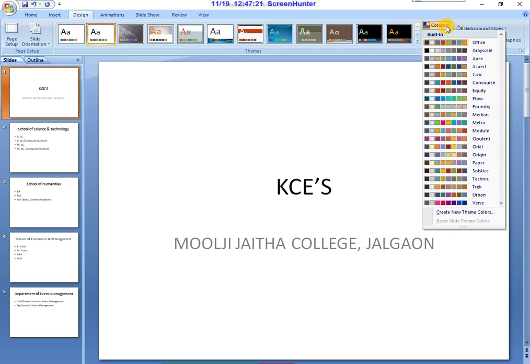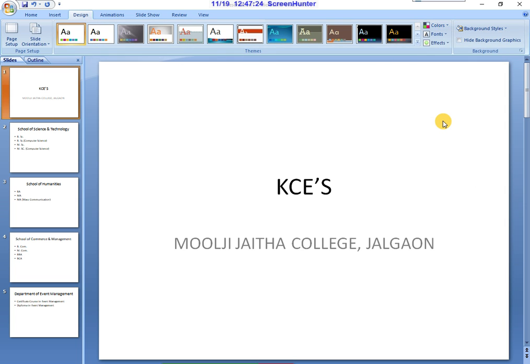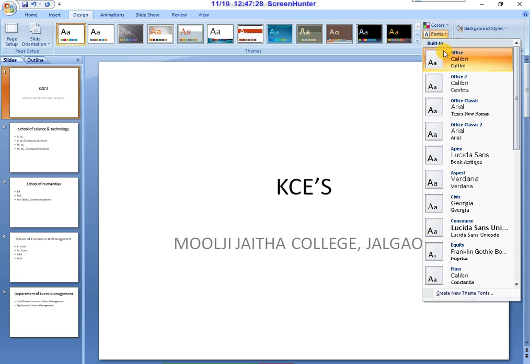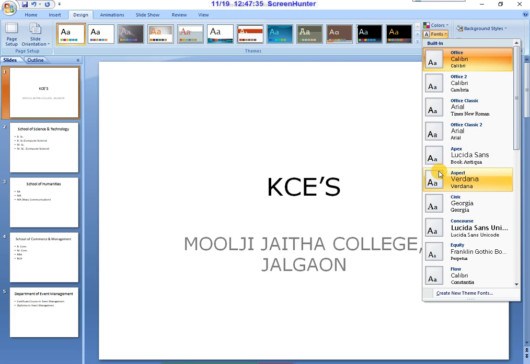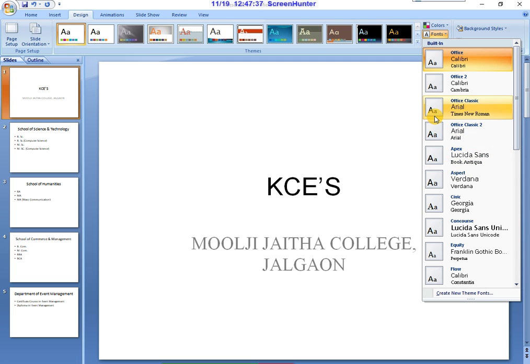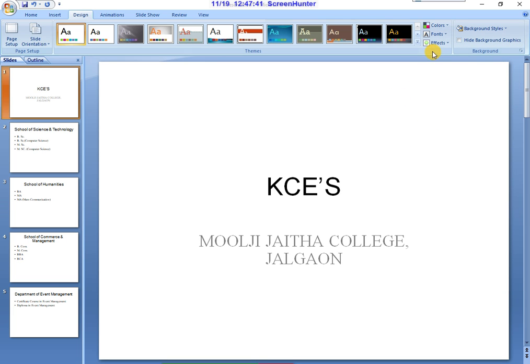Colors. Come to the colors. You may choose the color. Also fonts. Choose the different fonts as per your choice. Okay. Effects.